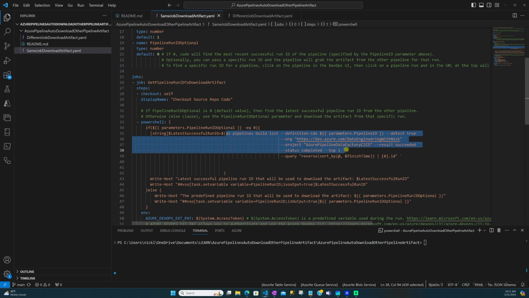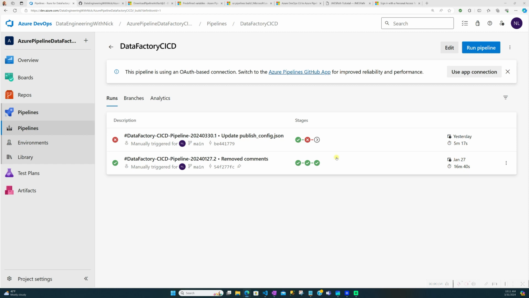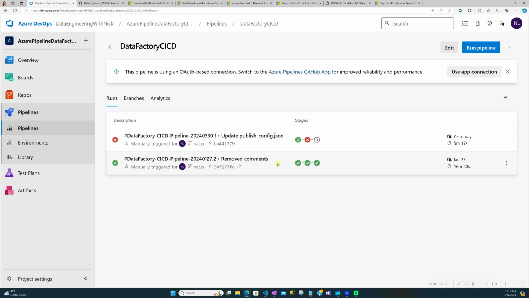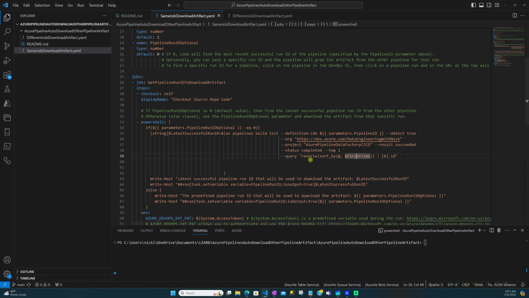A list of pipelines. And when I say for each element in the array, for example, it's going to grab these two pipelines, and it's going to say for these pipelines, filter by ones that are fully succeeded and successful. And if there are more than one of these, what I want to do then is filter by the finish time. Whenever the pipeline finished, the most recent pipeline finished. So this was older. I would say grab the one that most recently finished that was all successful, and then